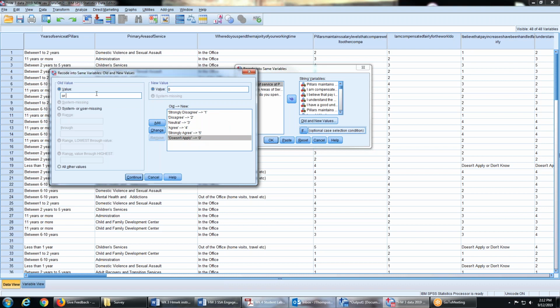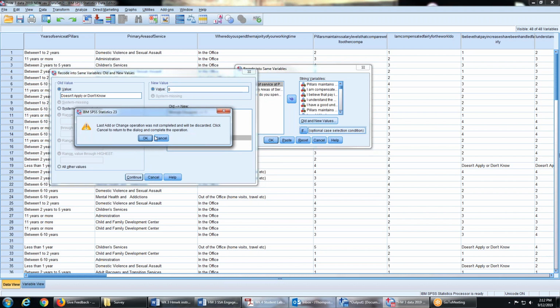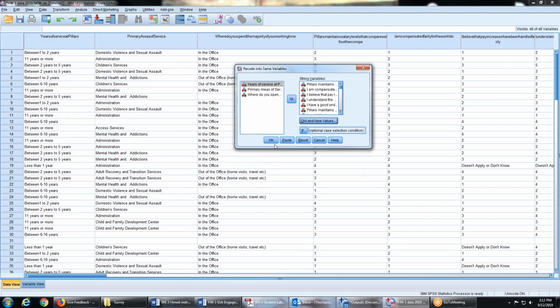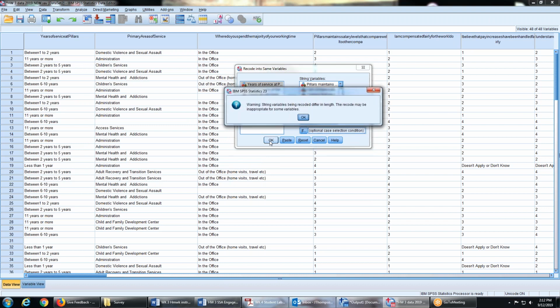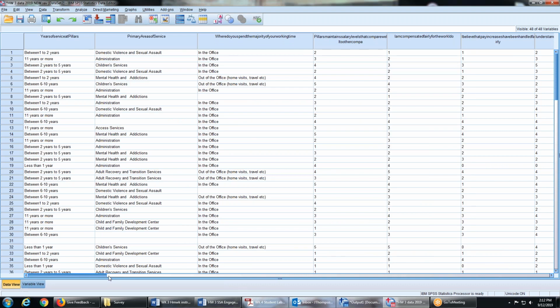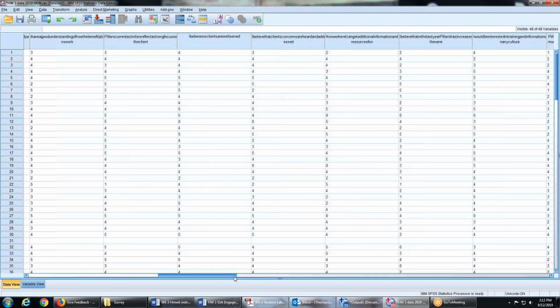Doesn't apply. Whoops. Doesn't apply or don't know. Now the spelling has to be exact. Whoops, cancel. I'm sorry, I need to change it, continue, and hit OK. All right, which is perfect. Now you can see all of my variable has been